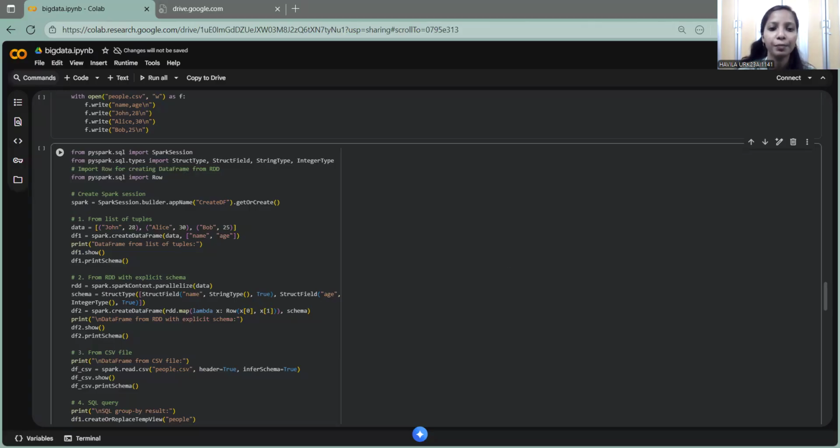This is the fifth experiment of big data, creating data frames in Spark SQL. Creating the dummy CSV file with open, file name called people.csv. It opens a file called people.csv for writing, and the with block ensures the file is closed automatically when it is